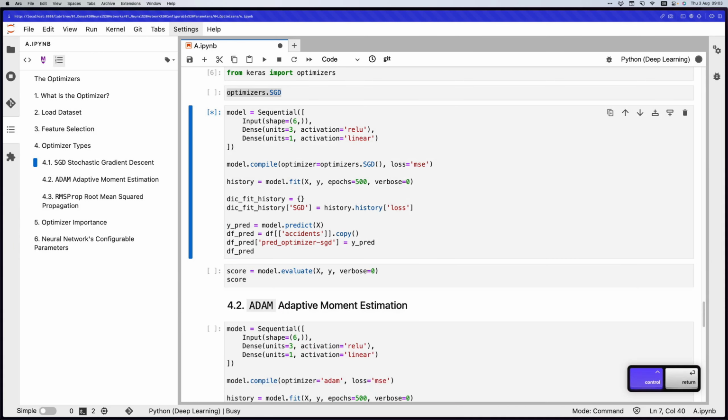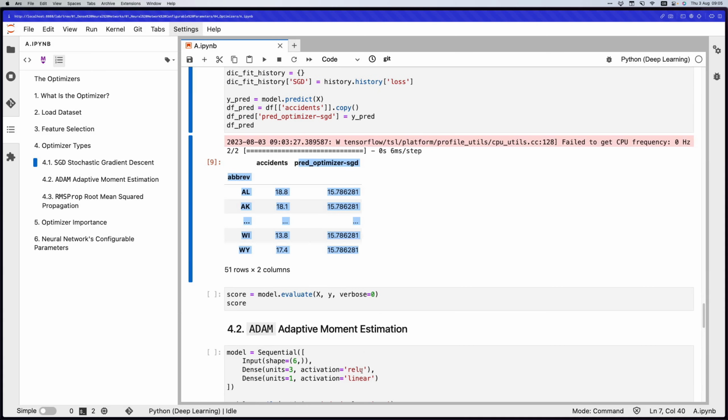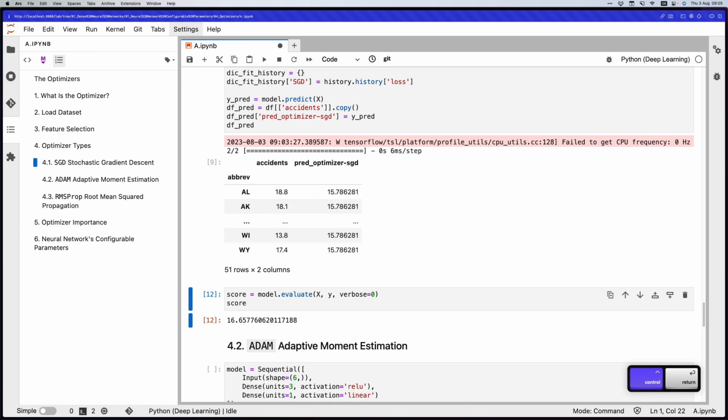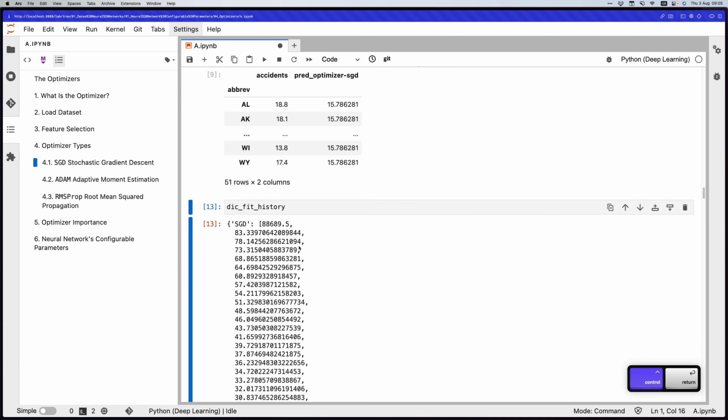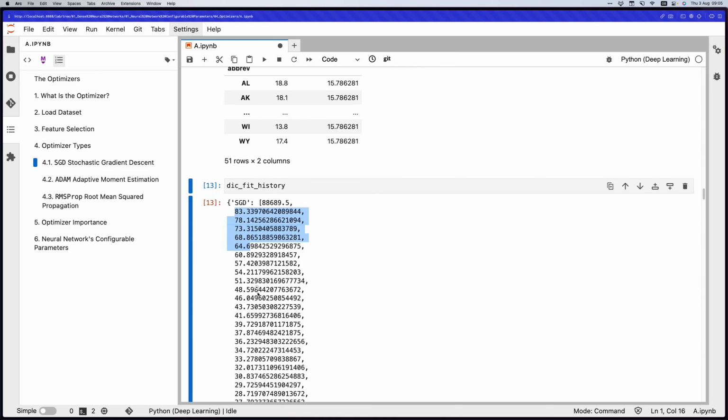Now we execute. The predictions remain the same number, 15, although it is a good signal that the predictions are near to the reality and probably the model has converged. If we evaluate the model, we get an error of 16, which is quite good. If we look up the dictionary, we can see at the beginning having an error of 88,000 and then decreasing